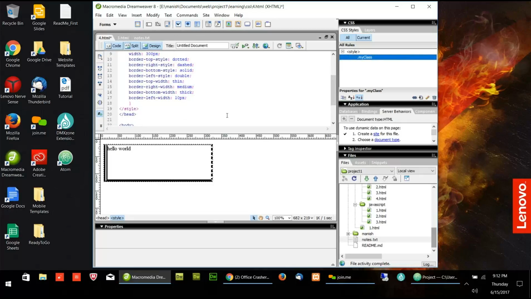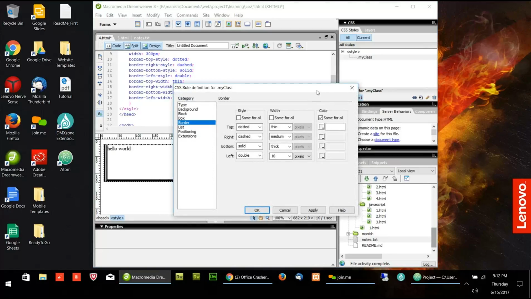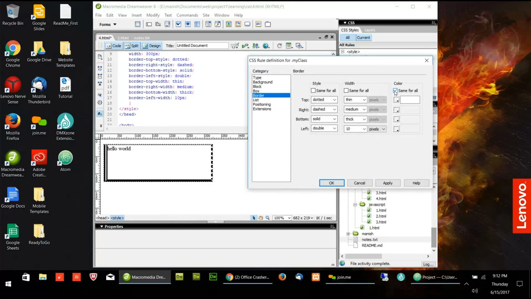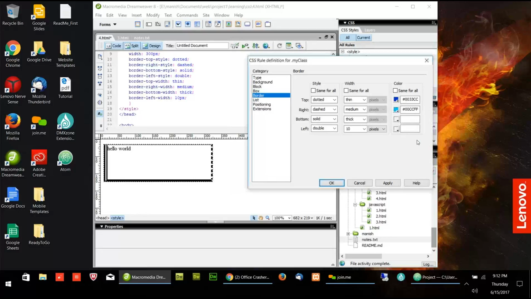Let's try to put now color. So color also we can give different color to different sides. Let's say I can say blue color top, different color we can give.